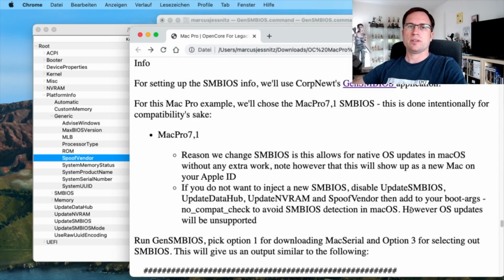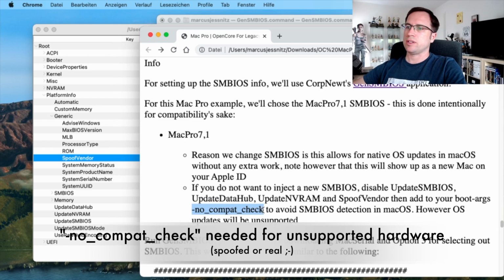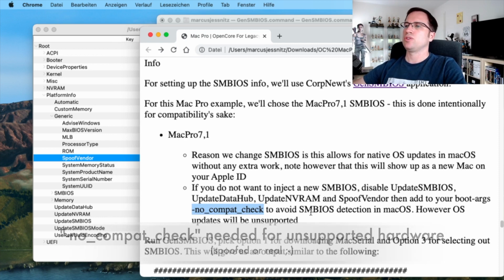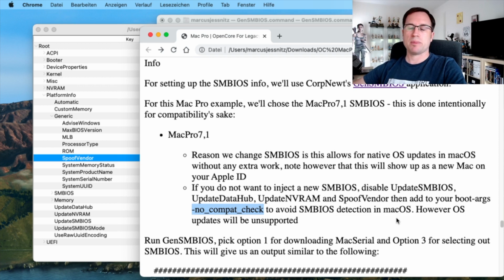If you do not spoof a newer hardware, you have to insert this dash no compat check into boot arguments. I show you where you have to do that to avoid SM BIOS detection in macOS, so that like for instance, Big Sur doesn't check, okay, this is an old Mac Pro 5.1, it's not supported, I won't boot.